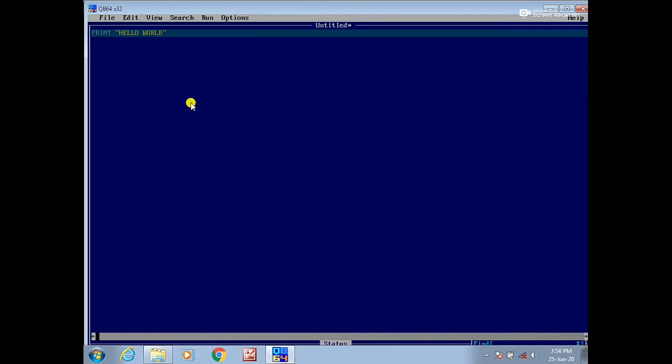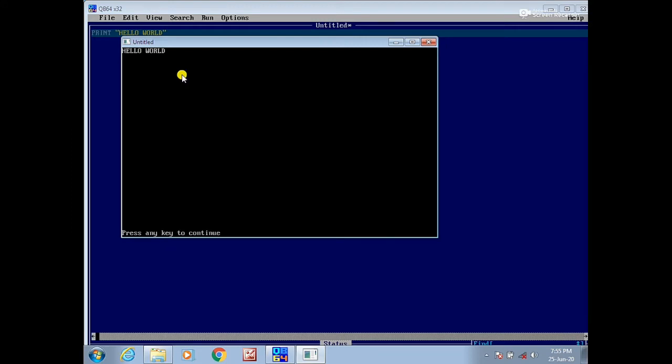This is the example of print with text or message. Okay, the output window appears. So, hello world.